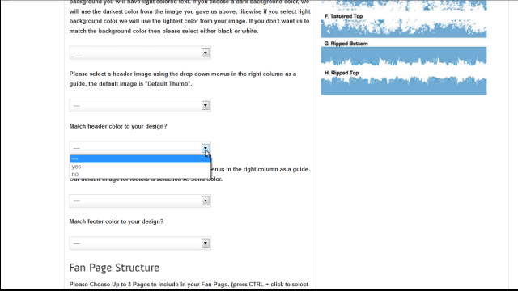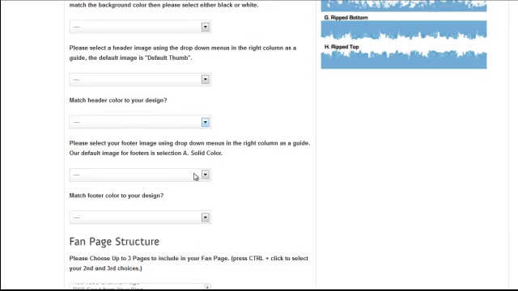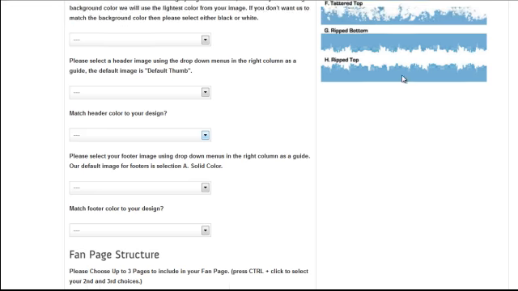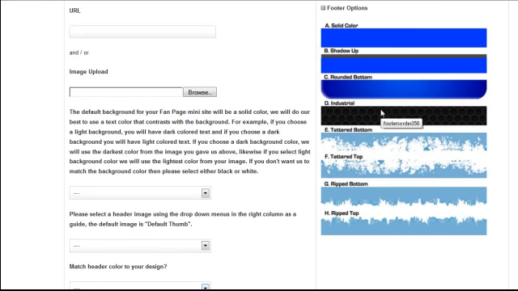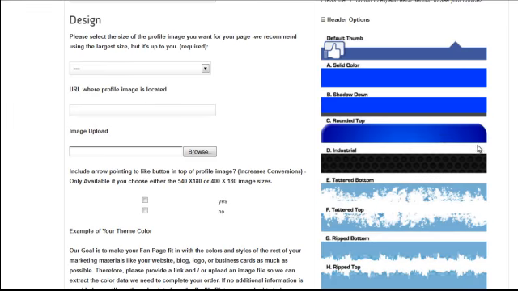If you select yes, what we'll do is take the image or the link that you gave us, take the color data, and actually turn this one of those colors so that it fits in. If you say no, then we're just going to upload this as is, and that's really not recommended for a bunch of these. The only one I'd really recommend that for is maybe this default thumb, because this is the traditional blue that Facebook uses, and so if you want to use that,